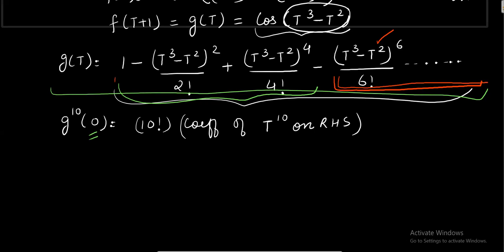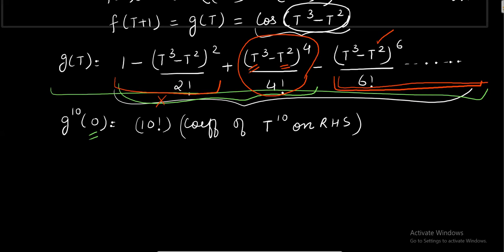Let us look at the first term and the second term here in the expansion. In the first and the second term, you can see that none of the terms is reaching up to t power 10. Or you can say that all the terms here are having a degree less than 10. So again, this term is also not of any use for us. What about this leftover term? When you look at this leftover term, you can see that yes, here t power 10 can be created, because the least degree you will be getting is t power 8, and the highest degree that we are getting is t power 12. So let us find out what is the coefficient of t power 10 in this expansion